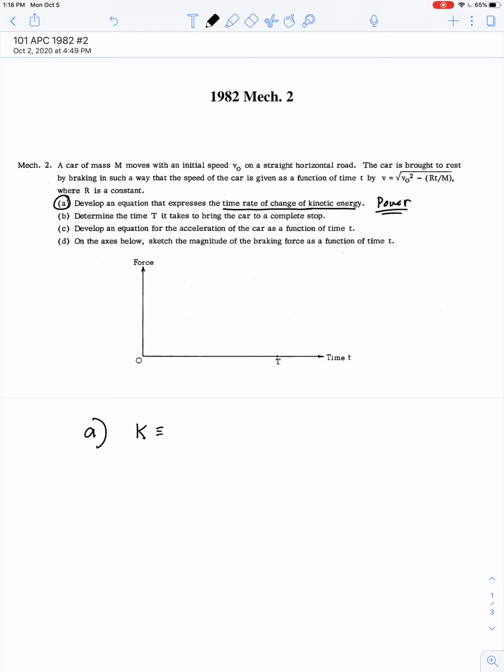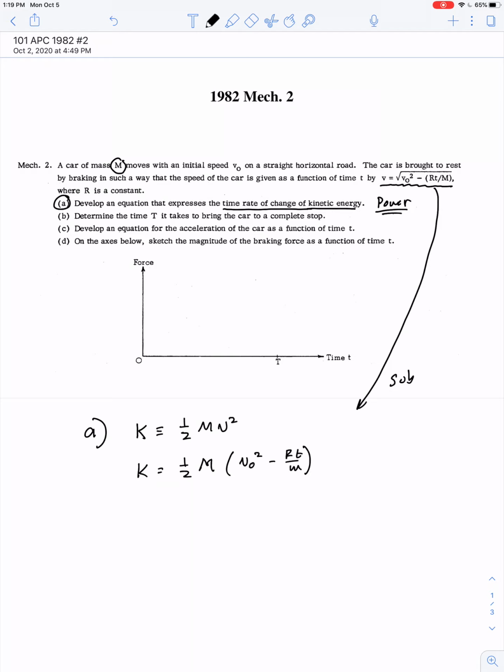We know kinetic energy is defined as 1/2 mass times velocity squared. And notice I'm using capital M for mass just because that's how the problem set it up. So our kinetic energy is equal to 1/2 times mass. Well, knowing this formula, we can make a substitution. If we distribute, we get kinetic energy is 1/2 m times v0 squared